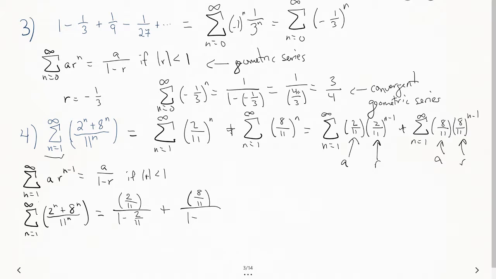trickiness going on here. This is 1 minus 8/11 down below. And an easy way for us to kind of solve this, you can bring the 11 on down. So you get 2, and then you get 11 minus 2, and then plus 8, and then you get 11 minus 8. Okay, so this becomes 2/9 plus 8/3. Okay, so 8/3 would be 24/9, and so that would make it, I believe, 26/9 is our